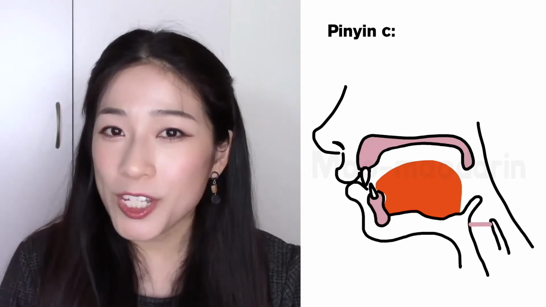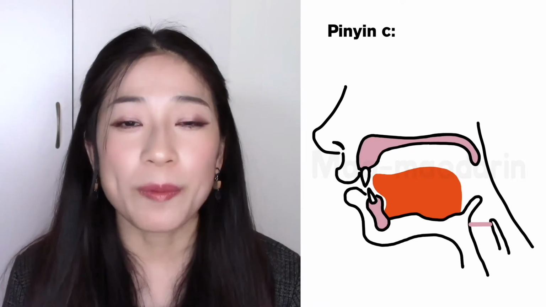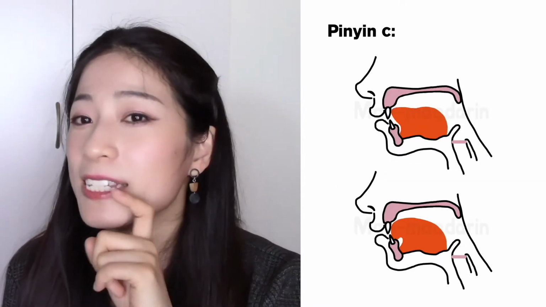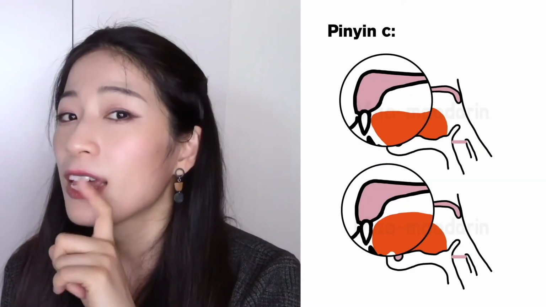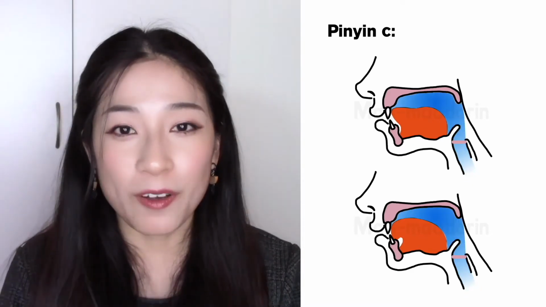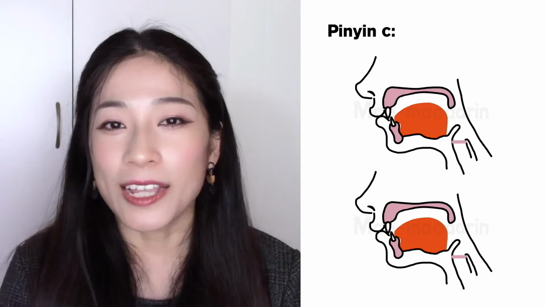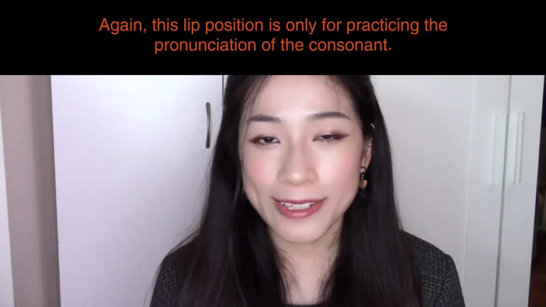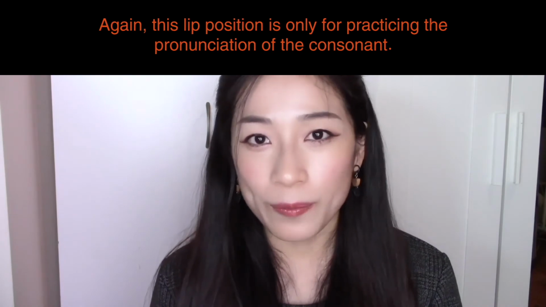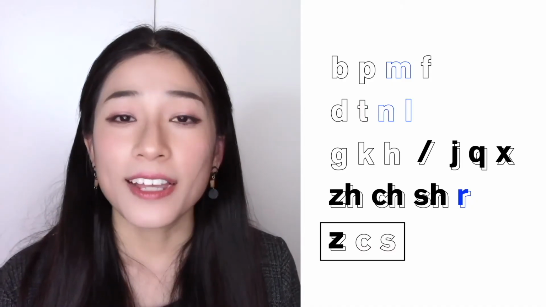So what you need to do is to raise your tongue tip or the blade of your tongue slightly against the back of your upper front teeth to block the air. As the air puff bursts out, it will create a noise. And don't forget to stretch your lips a little wide. Cao. The last sound in this group is z, and the only difference between pinyin z and c